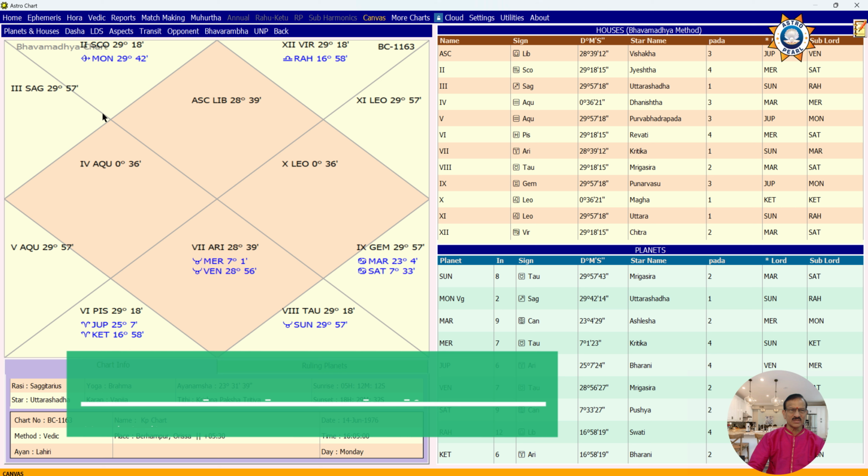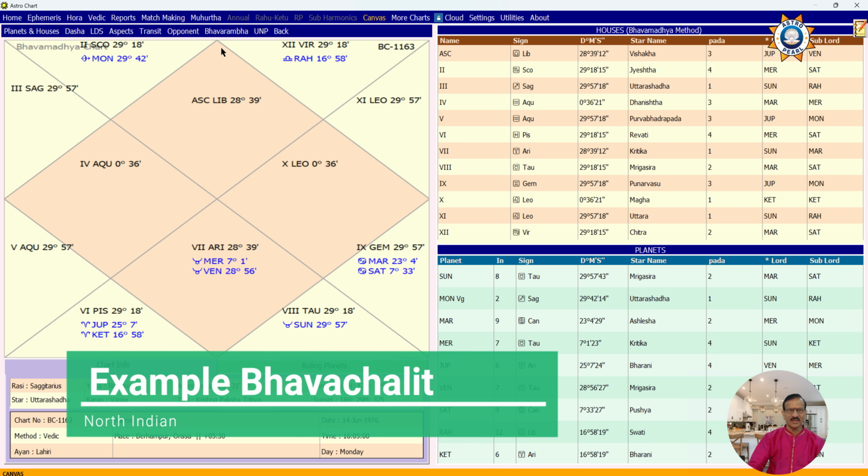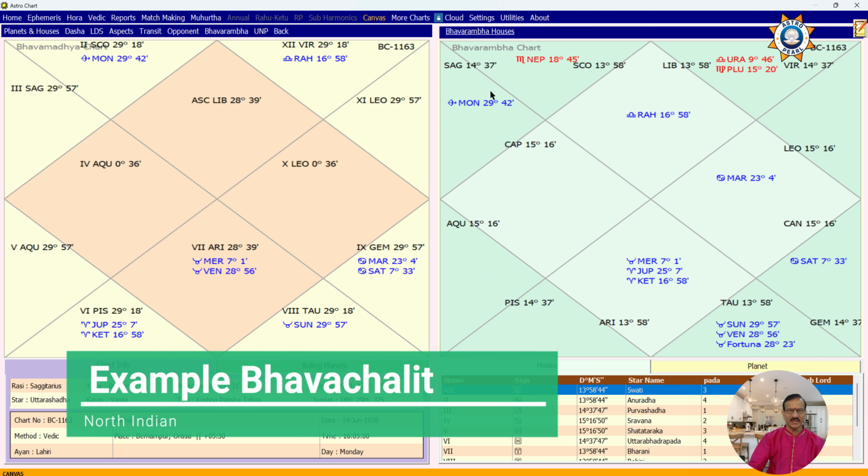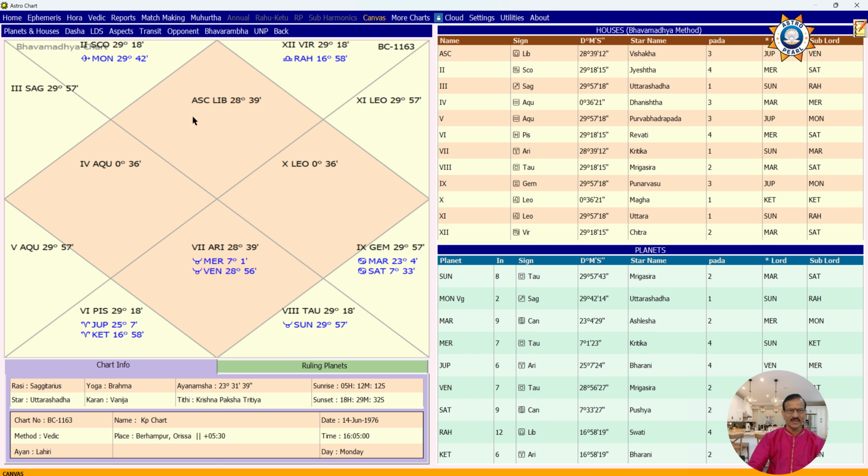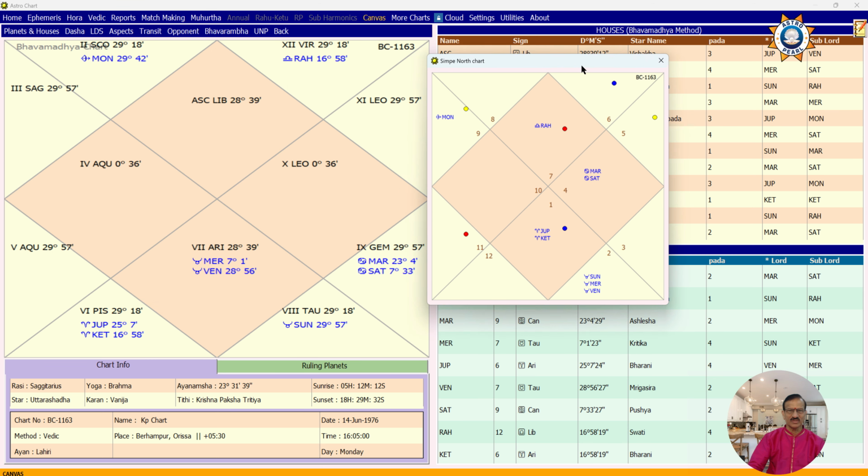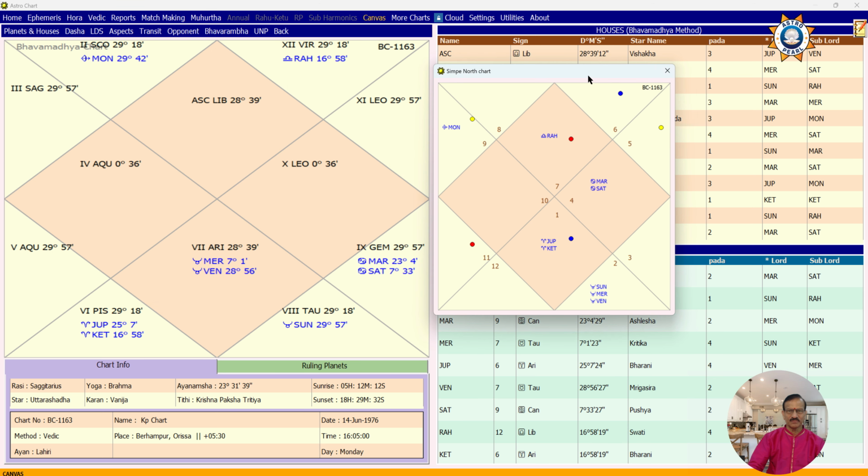This is a Bhavchalita chart, calculated through the Bhava Madhya method. There is another method; if I click here, I'll get a chart for the Bhavarambha method. I don't want to take you into this depth right now. Let's go back and add side by side the simple chart which we saw on the earlier page. Now if you compare here,